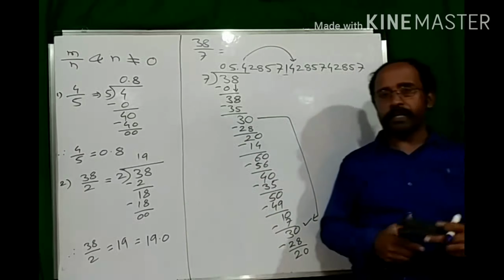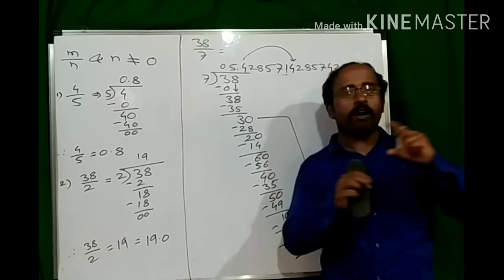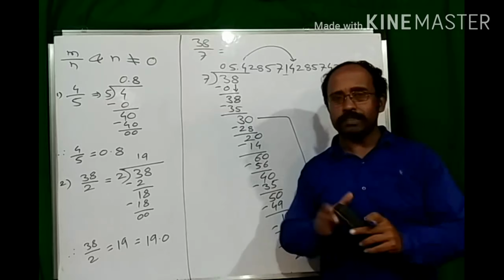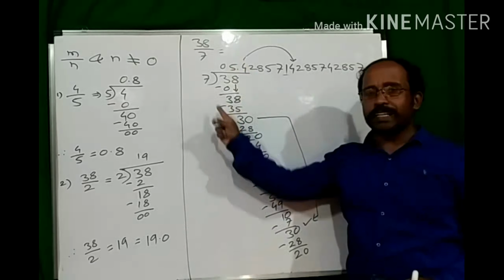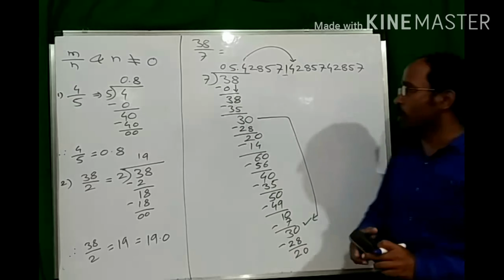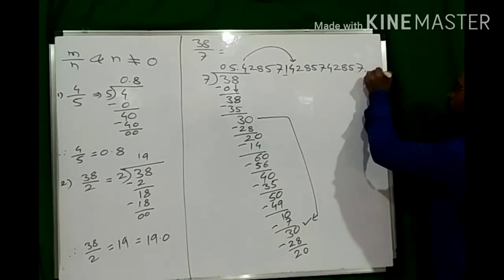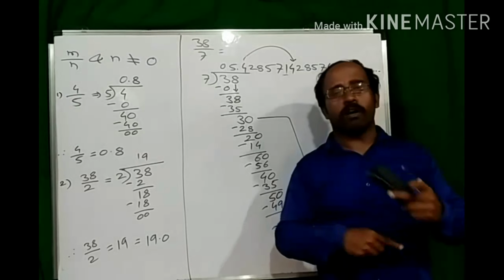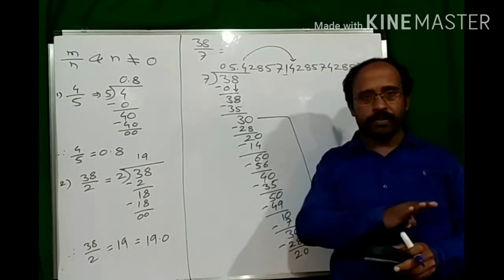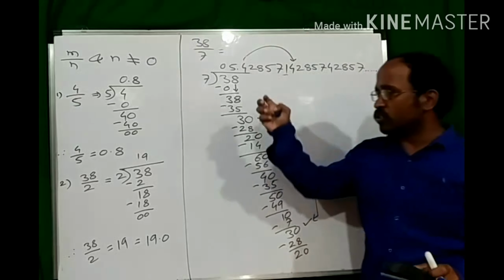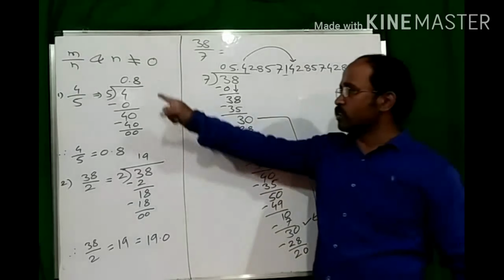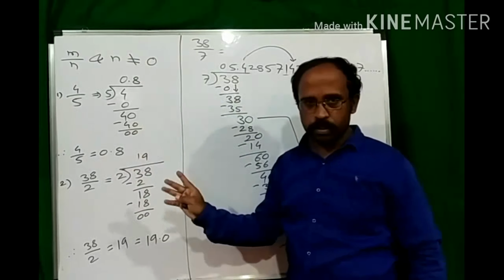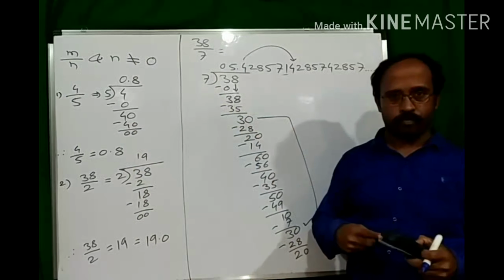So this group of numbers 4, 2, 8, 5, 7 is going to be repeated again and again. It is going to be reoccurring, so it is called a reoccurring number. And will this division stop? Will it terminate? No, because we can divide it up to infinity. Same group will reoccur again and again, but division will not finish. So such kind of division is called non-terminating, because it is not terminating, and reoccurring.